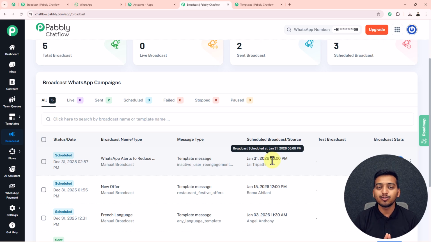In this video, I have successfully demonstrated how you can schedule a broadcast for yourself with the help of Pabbly